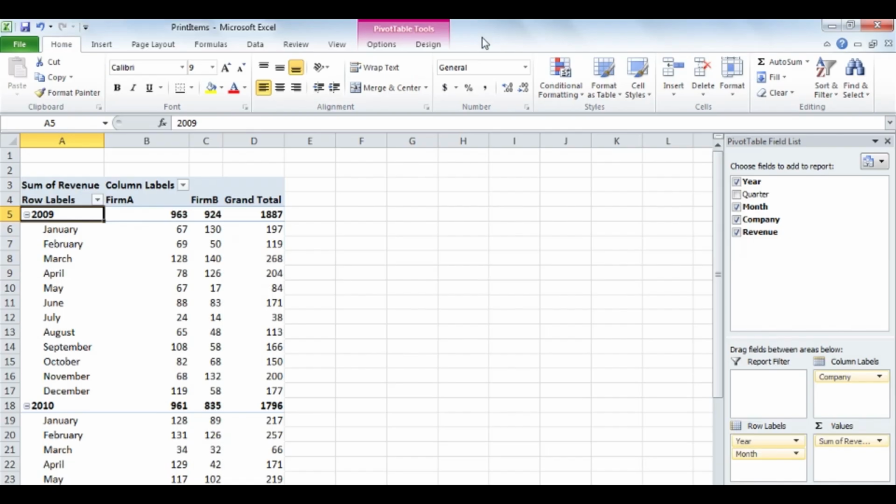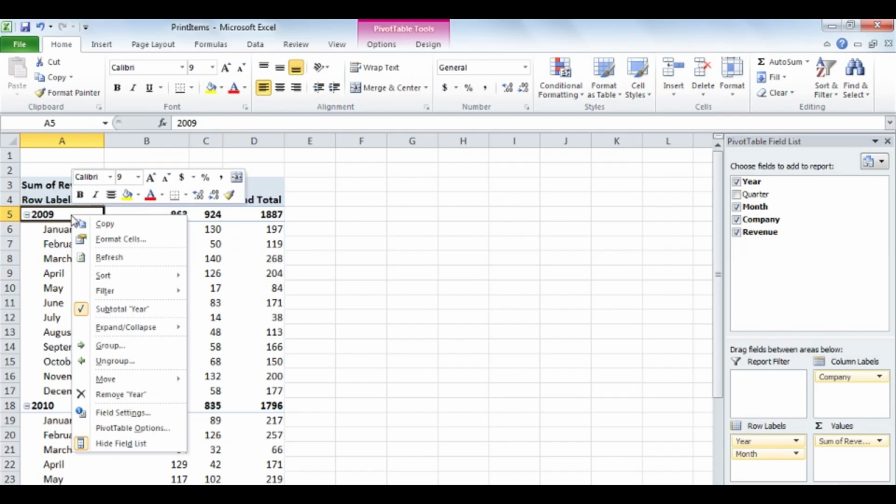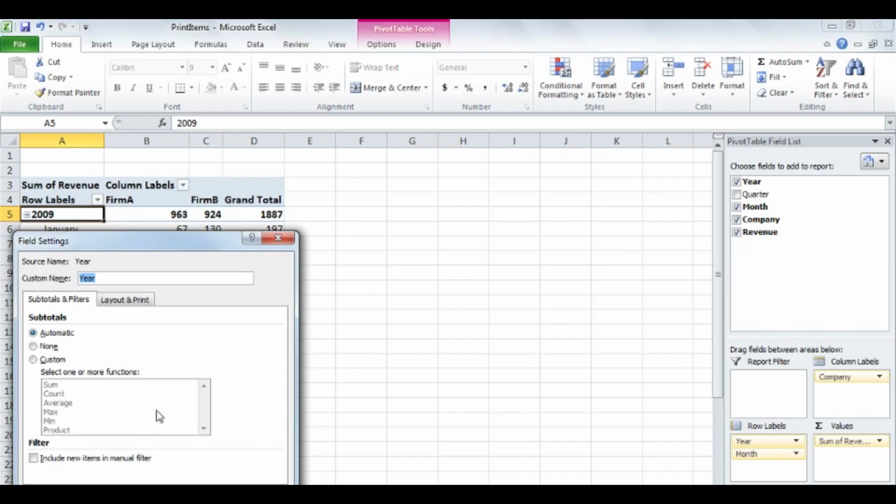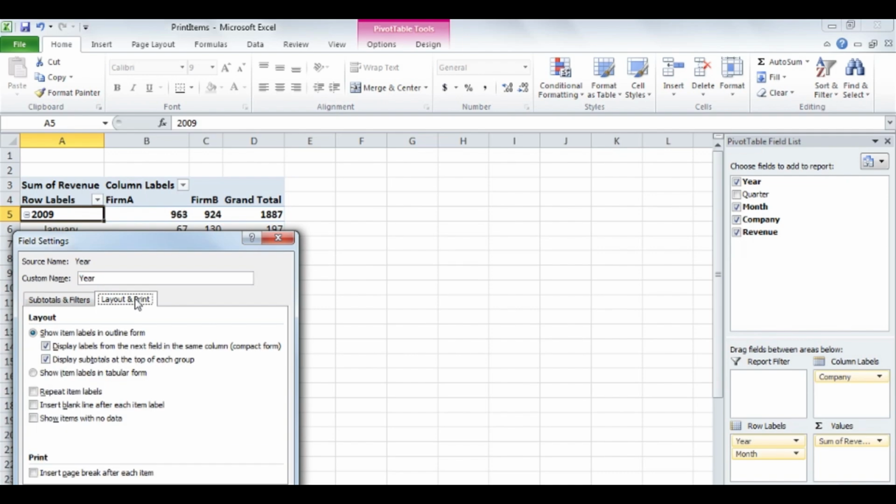To do that, you right-click any cell in the label field by which you want to separate. In other words, I want to separate by year, so I'll click one of my two year fields. In this case, right-clicking 2009. In the shortcut menu that appears, click Field Settings. In the Field Settings dialog box, the setting that we're interested in is on the Layout and Print page. And at the bottom of this page, you can check the Insert Page Break after each item box, and then